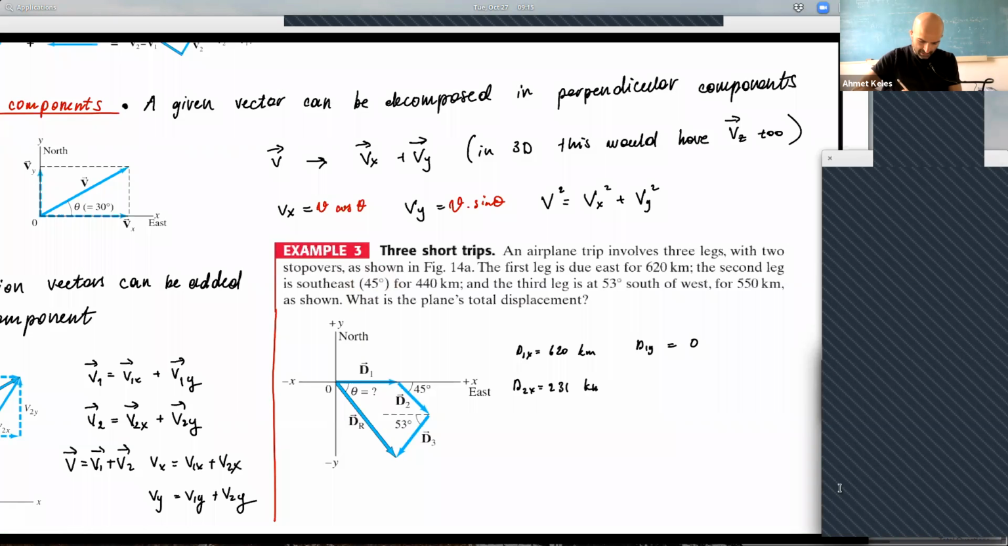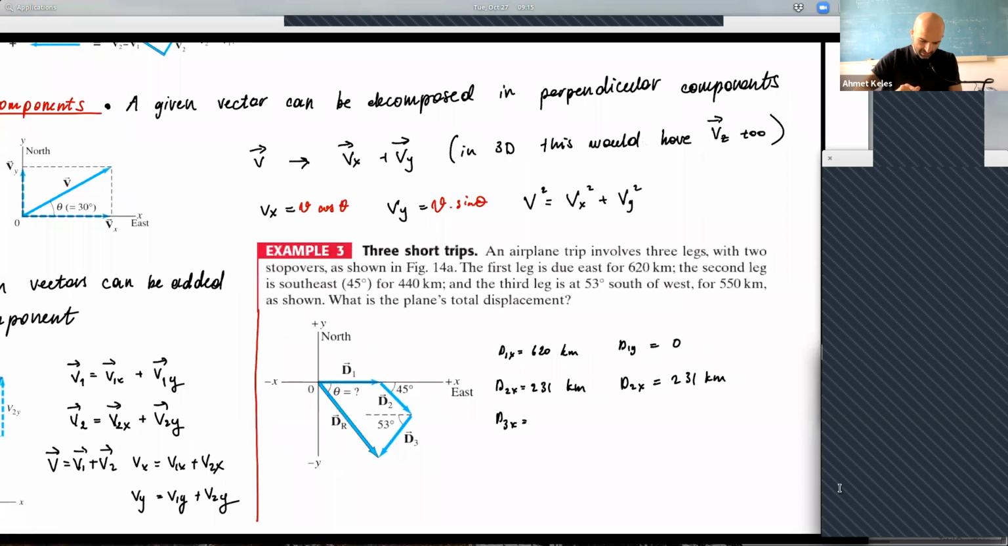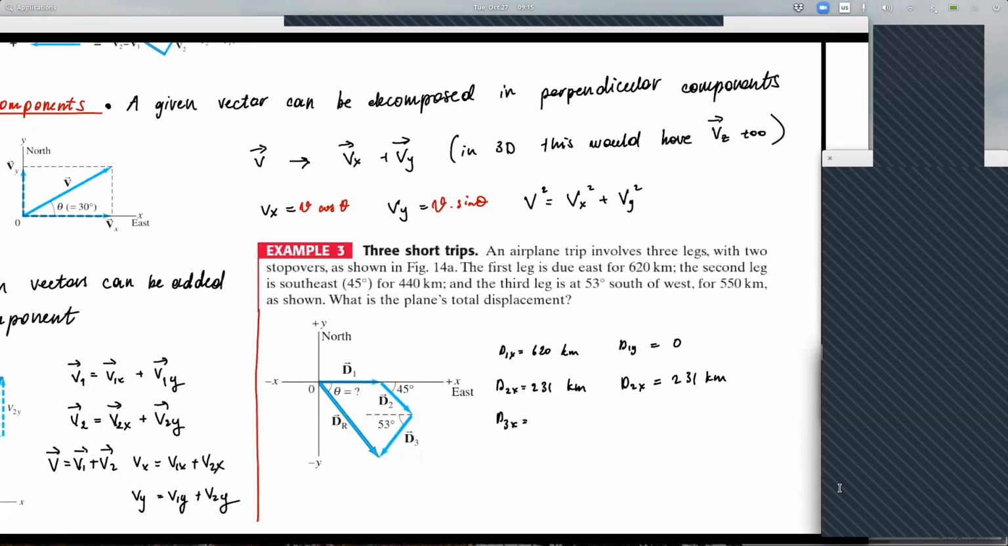231 kilometers, and D2y, which is rather nice, the same thing, 231 kilometers. And D3x, now I'll do the same thing with 53. Shouldn't it be D2y, not D2x for the second? Oh, yes, thank you. That's correct. D2y, yes, thank you. So this D3,